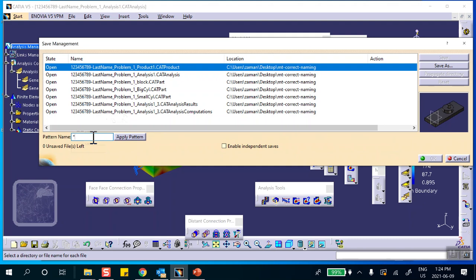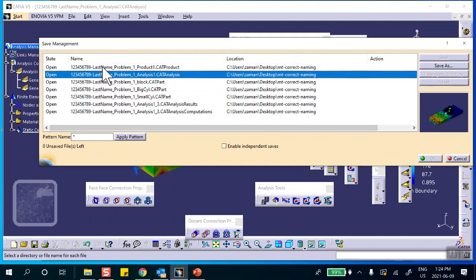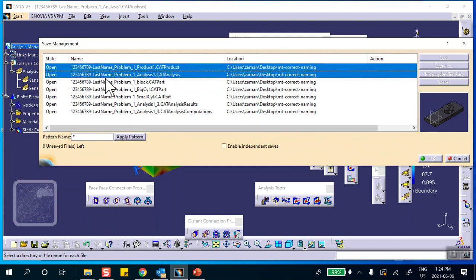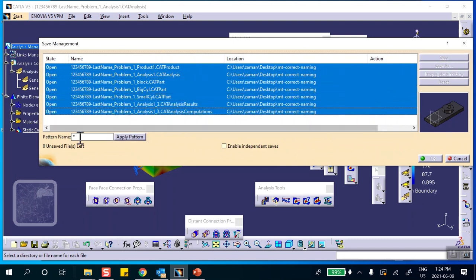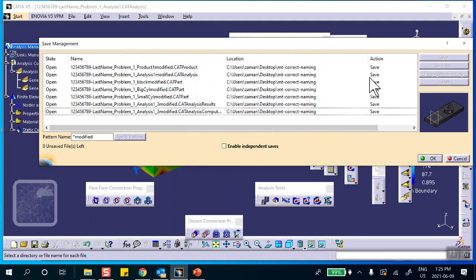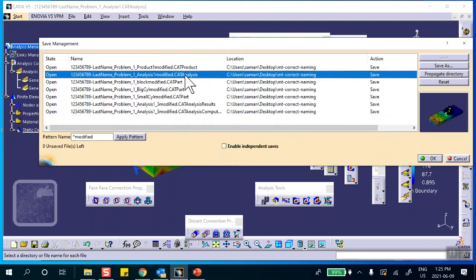You go here, select all of these. Please don't do that for us. We don't need it. If you put something after the star, say modified. Apply pattern. See that? It takes all the stuff and after the end adds modified. And now if you want to save these for some crazy reason, you select the analysis,